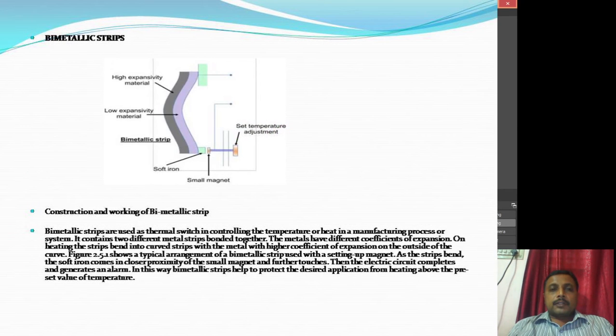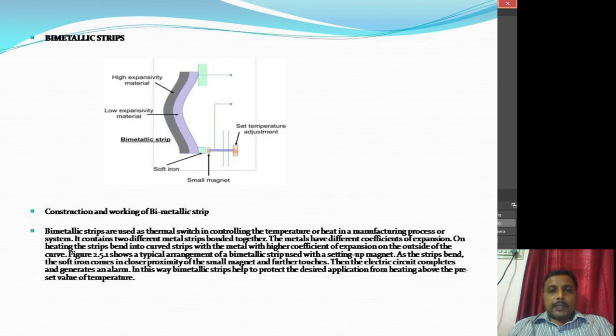Coming to the bimetallic strips, as you can see in the sketch, there is high expansivity material outside and low expansive material on the inner side. Also we have a soft iron at the bottom and a small magnet which is attached to the set temperature. So here